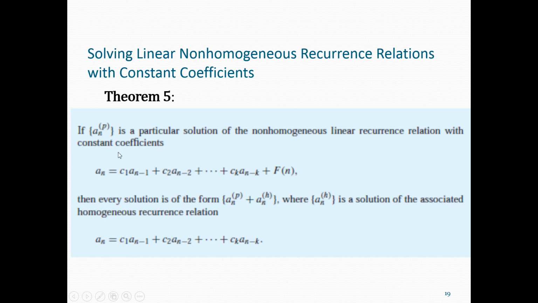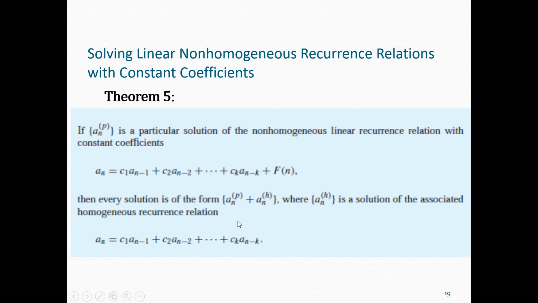So, as I said earlier, we have to solve in two parts. In step 1, we'll solve the associated homogeneous linear recurrence relation, and in step 2, we'll find the particular solution for the non-homogeneous one, and then we'll add both the solutions to find the solution. Now, if a_n^(P) is a particular solution of a non-homogeneous linear recurrence relation with constant coefficients, this is the recurrence relation, then every solution is of the form a_n^(P), that is the particular solution, plus a_n^(H), that is the solution for the associated homogeneous